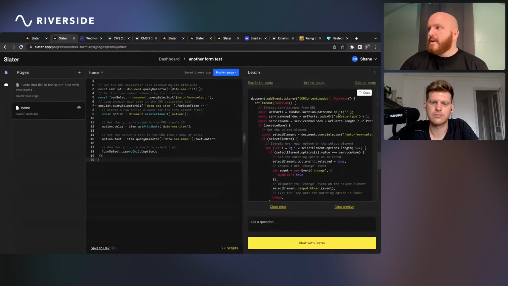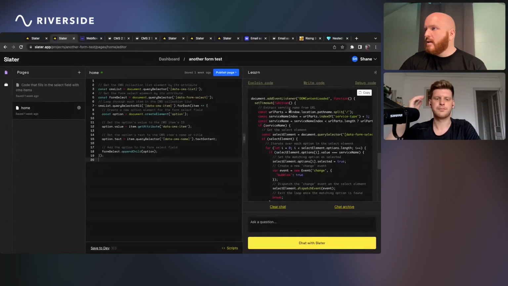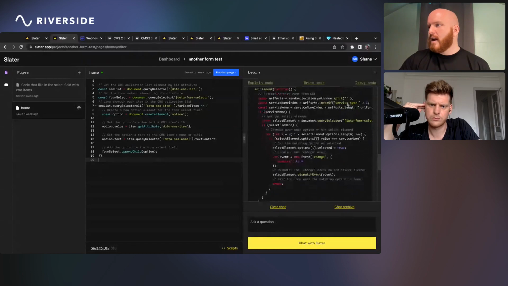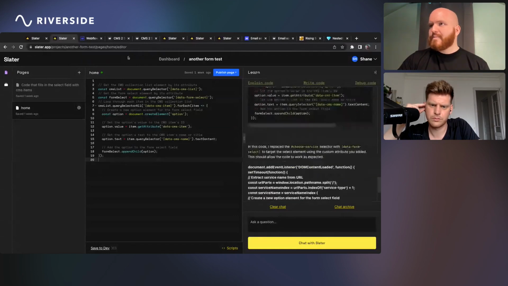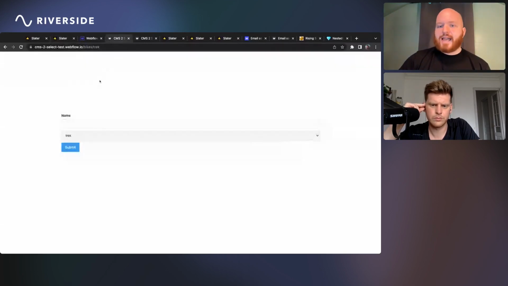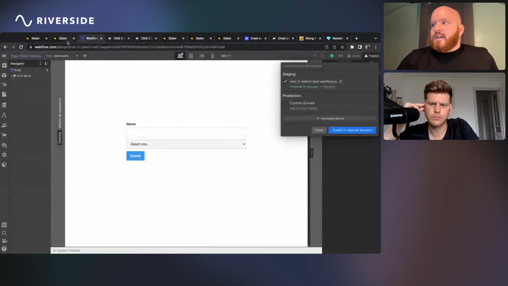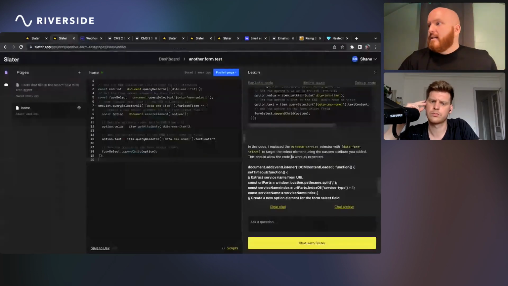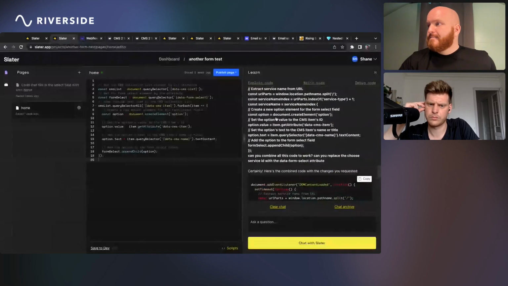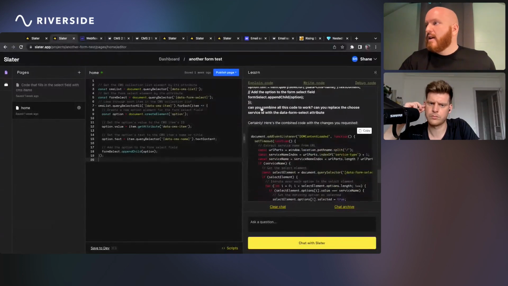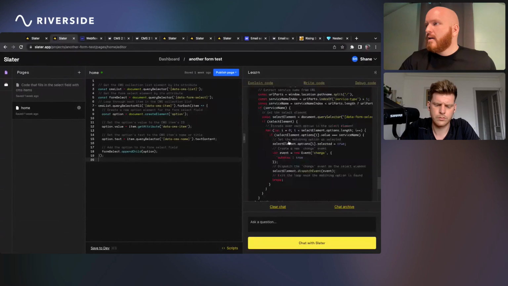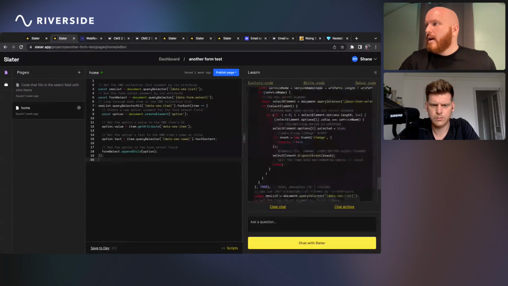So this code is trying to inspect the URL and look for that split slug. What I ran into was that I couldn't get the code to look for the last part of the slug. It was finding something else, so it wasn't working. That's where Slater and I hit a limitation. This is me putting in code again to see what it can do. And it was not working.